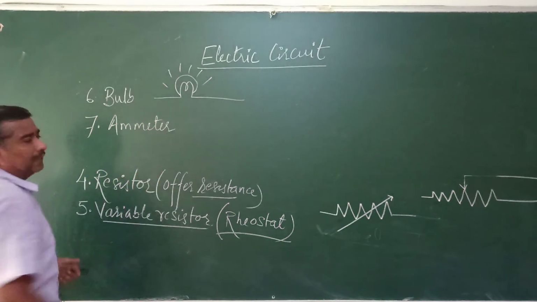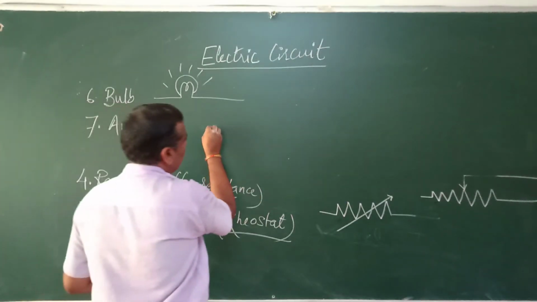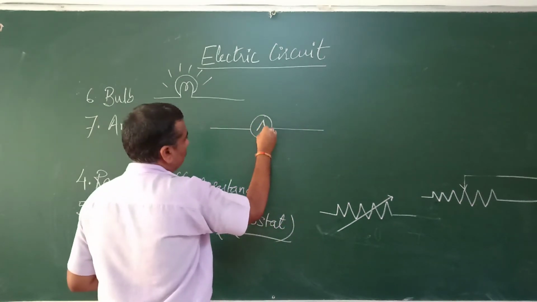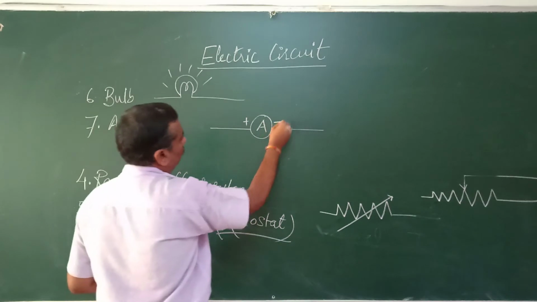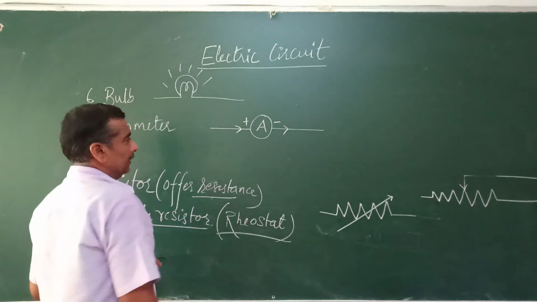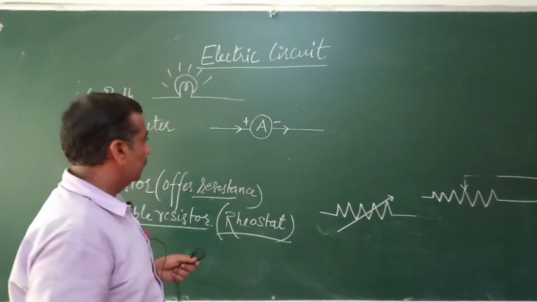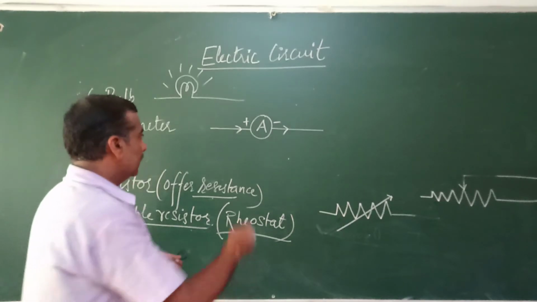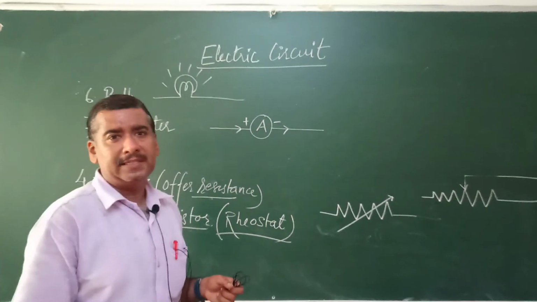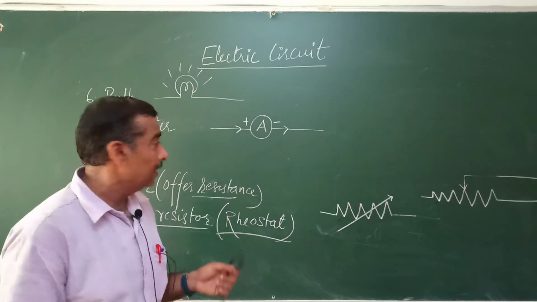Okay, then we have ammeter. What is ammeter? Ammeter is a device which is used for measuring the amount of current flowing through a conductor, right? So ammeter is simply a circle with an A here, and you have to mark the plus end in which the current enters, and the minus indicates the polarity or the end through which the current leaves. Now ammeter is always connected in series so that all the current goes through the same path, and this particular device is able to measure the amount of current flowing through the conductor.